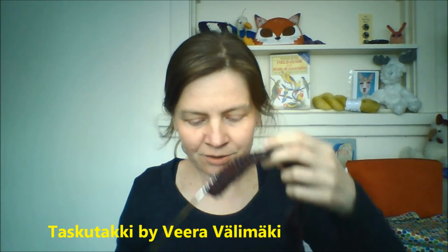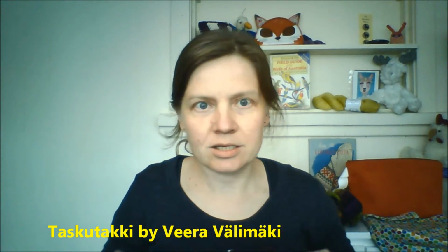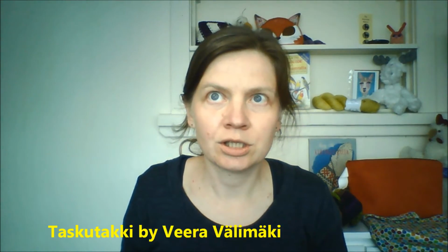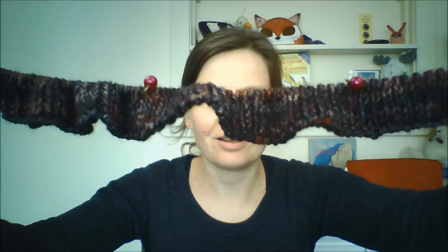My next work in progress is my Taskutaki, which is a cardigan by Veera Välimäki, and it's available in English in a book called Colour Wheel Knits, which is also available on Ravelry as a download. So this is how it looks so far. It's just a lot of ribbing, and it's actually the button band, so it will...